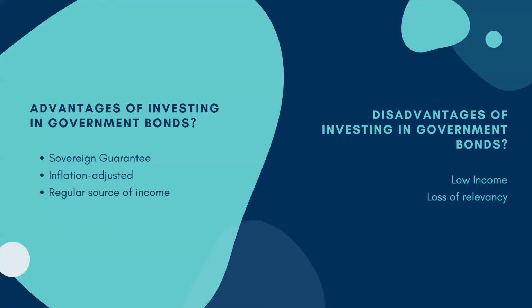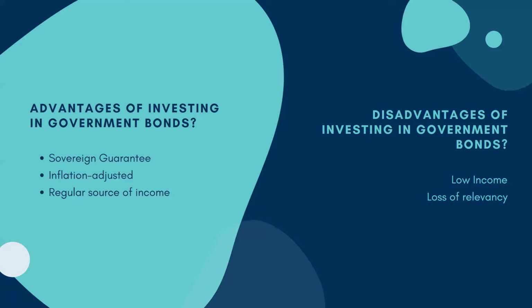So the next topic is the disadvantages. The first point is low income. On the other hand, with a 7.75% interest rate on the Government of India savings bond, interest earnings on the other types of bonds are relatively lower. If 7.5% is the interest rate, as normally in India there is a 5 to 6% inflation rate, the net income is only 1%. This shows that the income is very low in fixed rate government bonds.